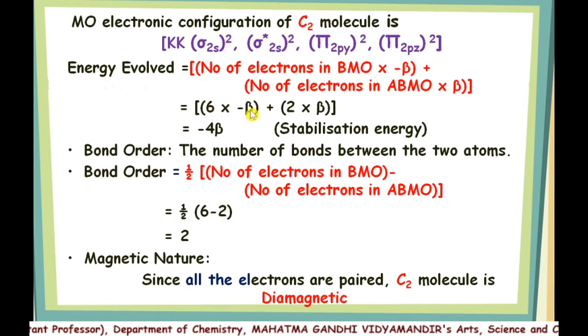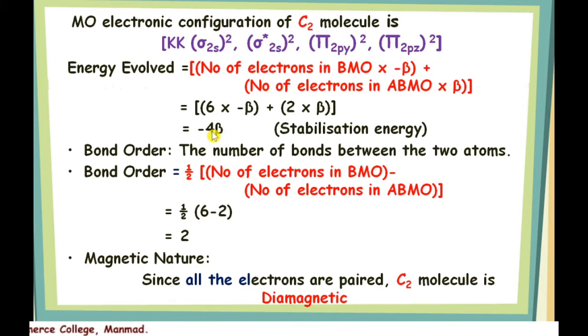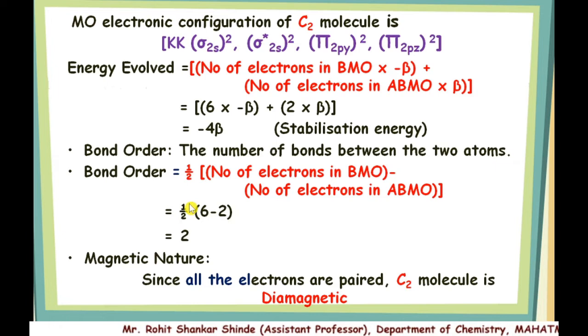So 6 into minus beta plus 2 into beta, it becomes minus 4 beta. So energy evolved during formation of C2 molecule is minus 4 beta, which is a stabilization energy. Bond order is 1/2 in bracket number of electrons in BMO minus number of electrons in ABMO. So 1/2 in bracket 6 minus 2, so 1 by 2 in bracket 4. So it becomes 2. So bond order 2 indicates that 2 bonds are formed between the 2 carbon atoms in